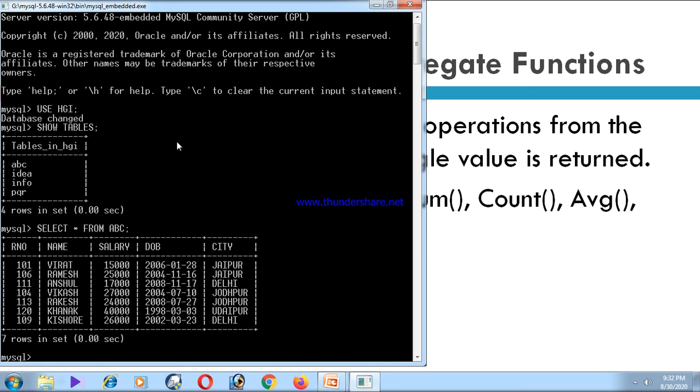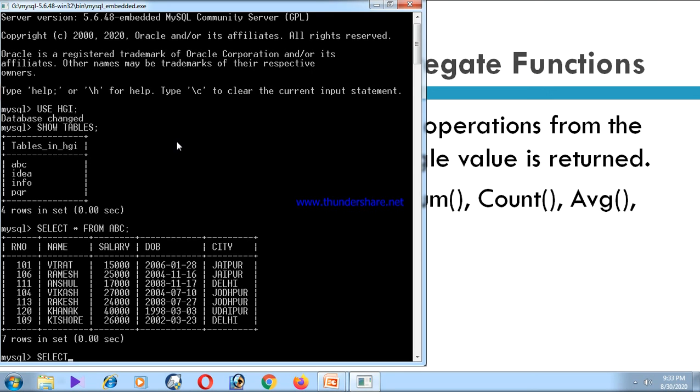Now if I want to apply a single row function on this particular table, how can I produce a command? Suppose in this table, just check the name column. It contains capital letters, and my task is to convert the name column into lowercase. How can I do it? I can use the lower function. Just check it out.